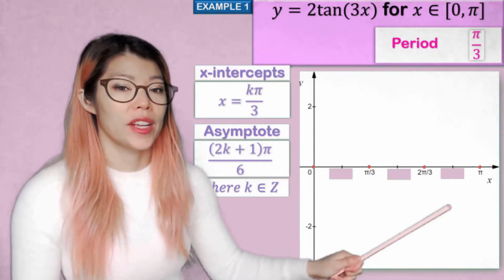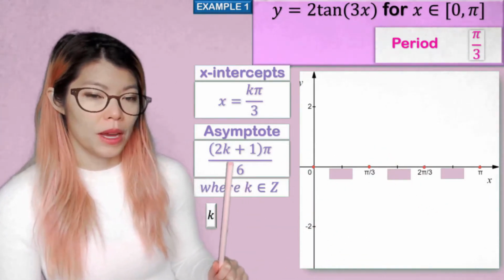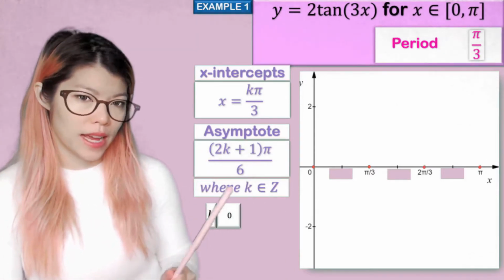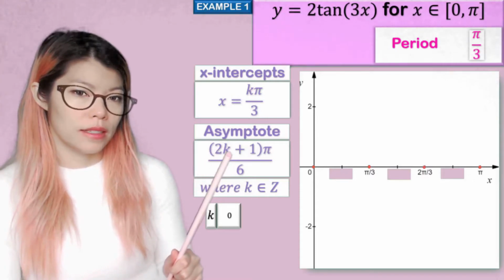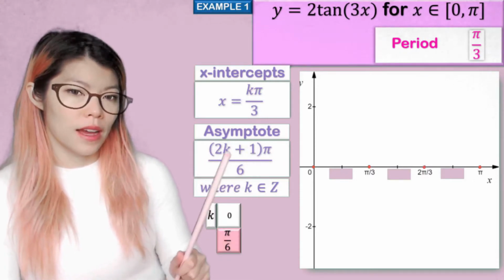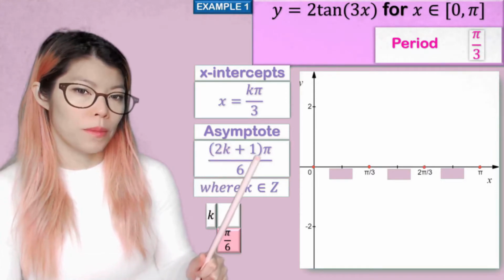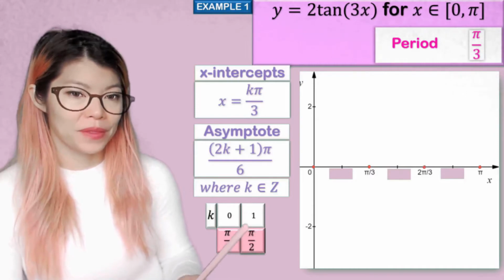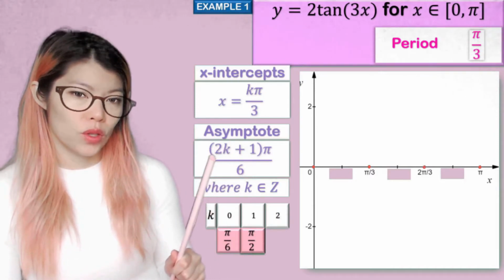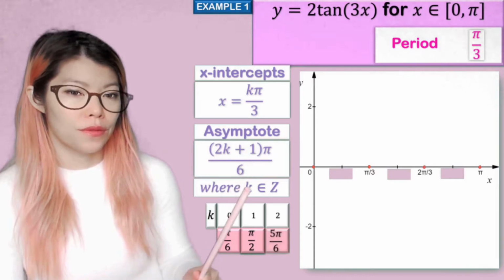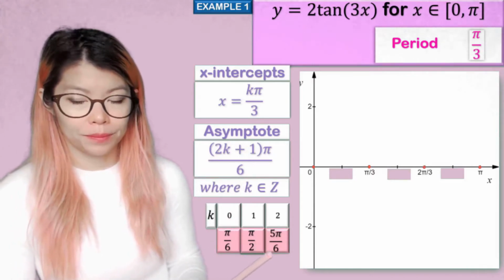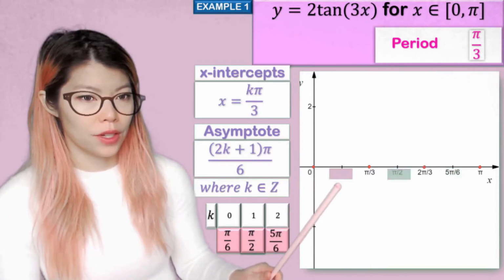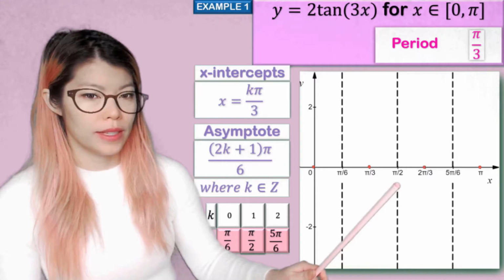And then we can halve it again to find the asymptotes, or we can plug it into the equation by letting k equal various numbers. When k is 0, 2 times 0 is 0, plus 1, we have pi on 6. When k is 1, 2 times 1 plus 1 is 3, 3 pi on 6, or pi on 2. When k is 2, we have 2 times 2 is 4, 4 plus 1 is 5, 5 pi on 6. So now we have pi on 6 is our first asymptote, and pi on 2 is our second one, and